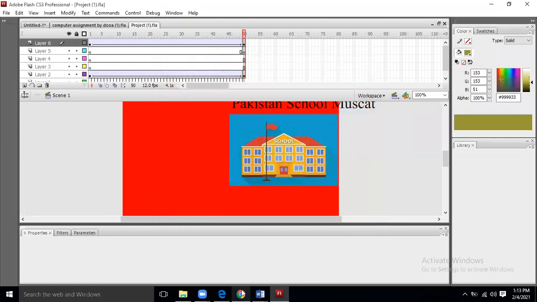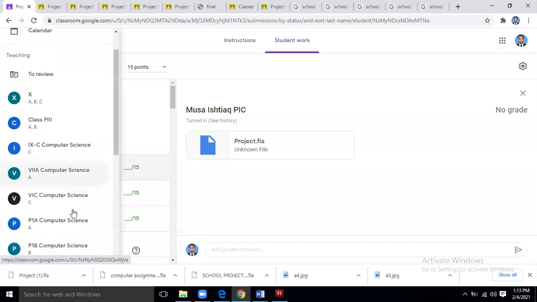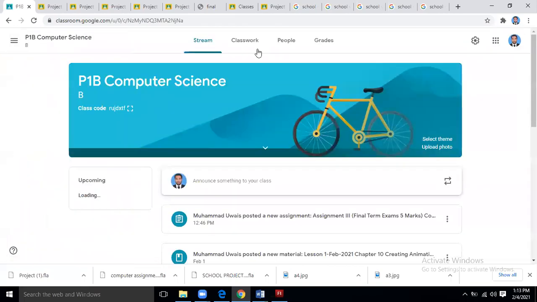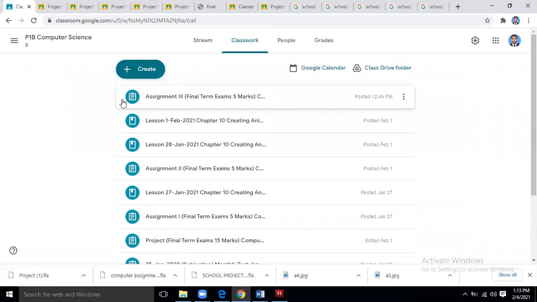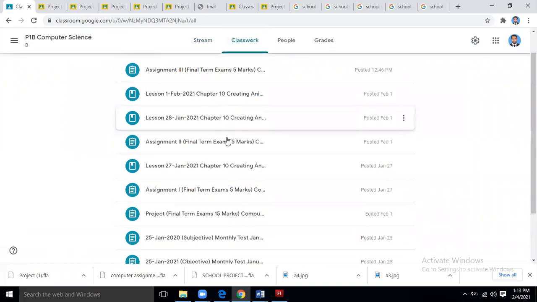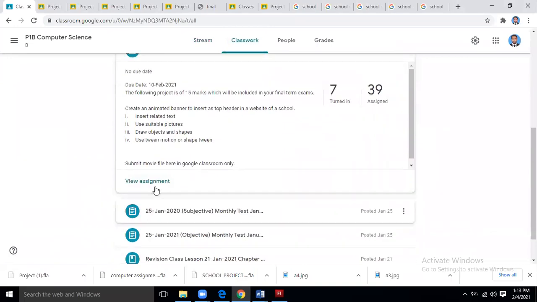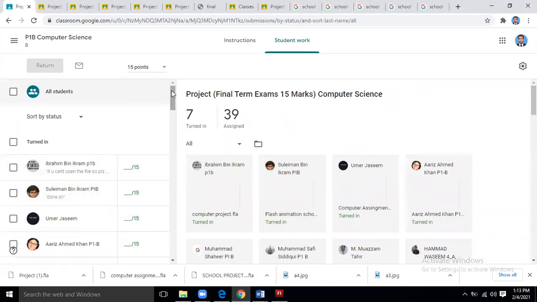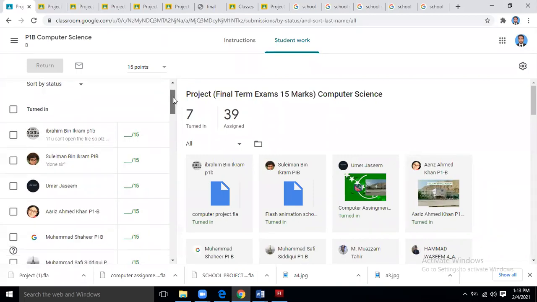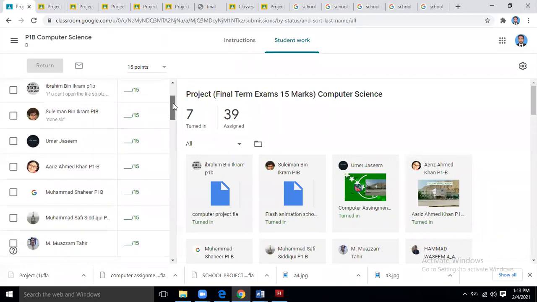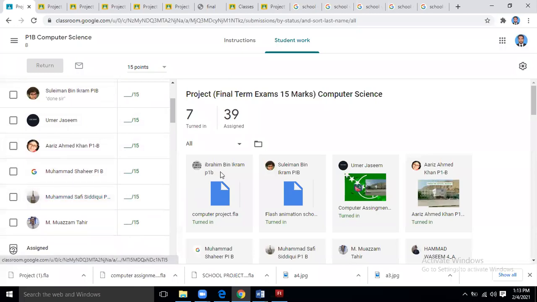Okay. So I think this is enough for today. I have not only explained one method of creating web banners by taking an equal size image according to the stage size, this is the method that I explained to you today, and some other methods, frame by frame. Similarly, I explained tween motion, how to make the web banner using tween motion. So these are some other methods. So these are the projects that we have seen. Some projects we saw last time, and some we have already gone through.